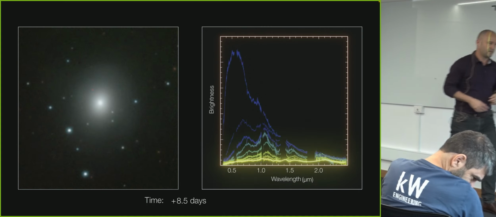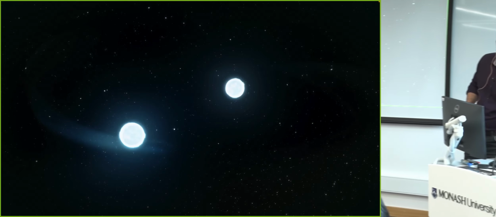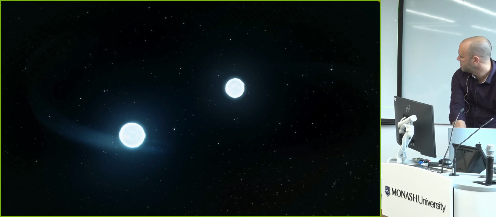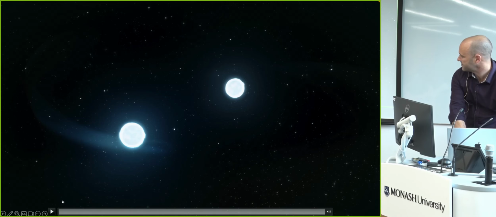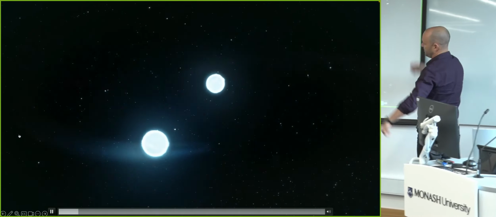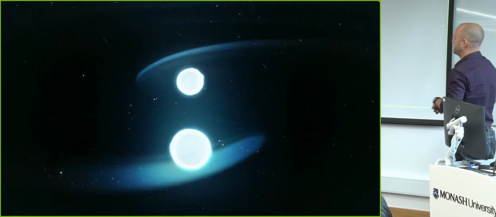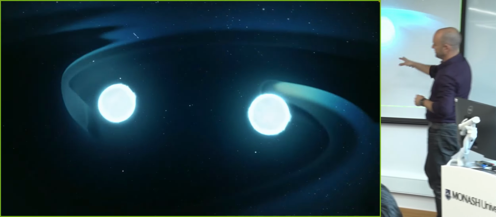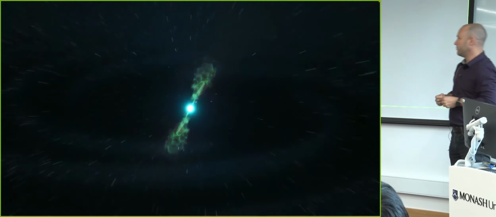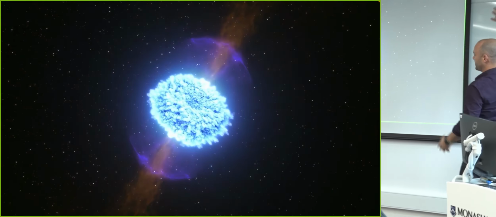So I'll show you a video in a moment, actually I'll show you a video now. So what you can see here, if this plays, why does some play and others not? This is the 2 neutron stars. They're circling in on one another. They're getting closer and closer because of the emission of gravitational waves. This is an artist's rendition. And then of course, boom, it merges and you launch these jets that drive up out of the orbital angular